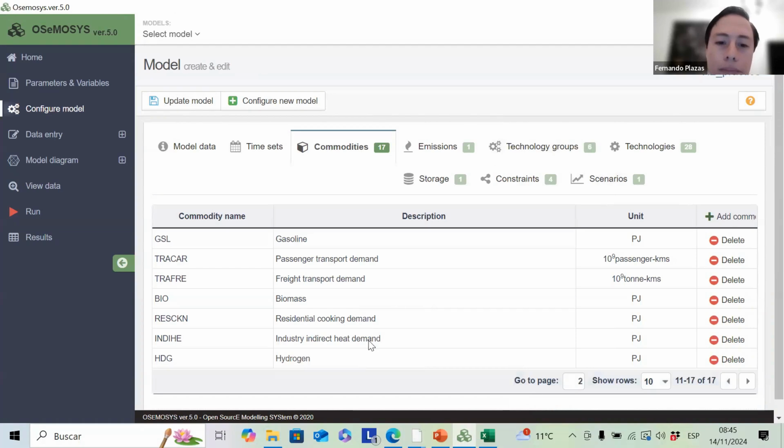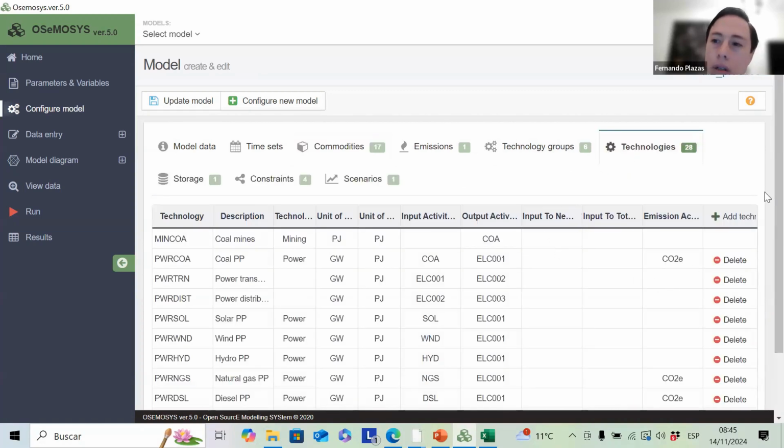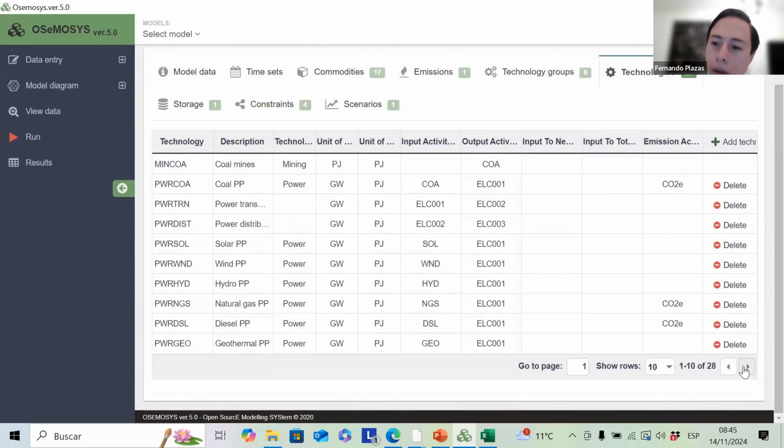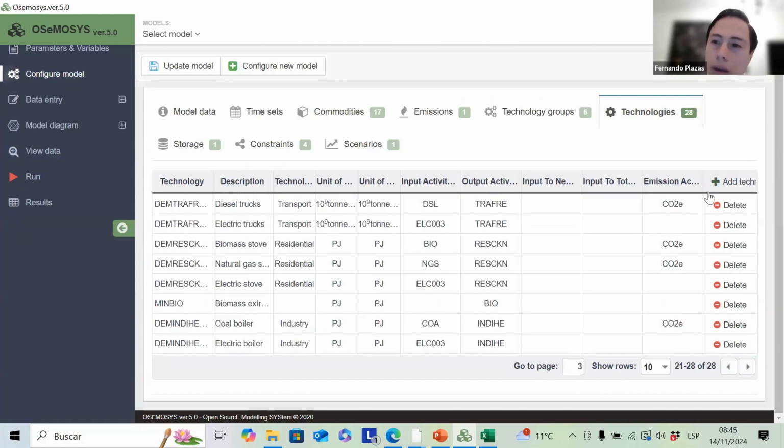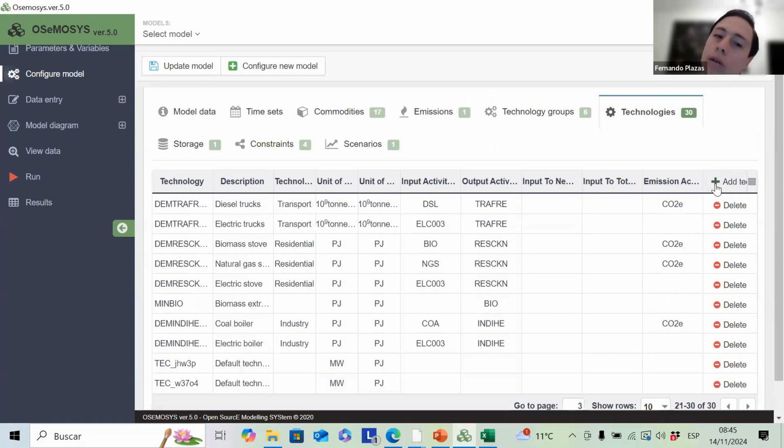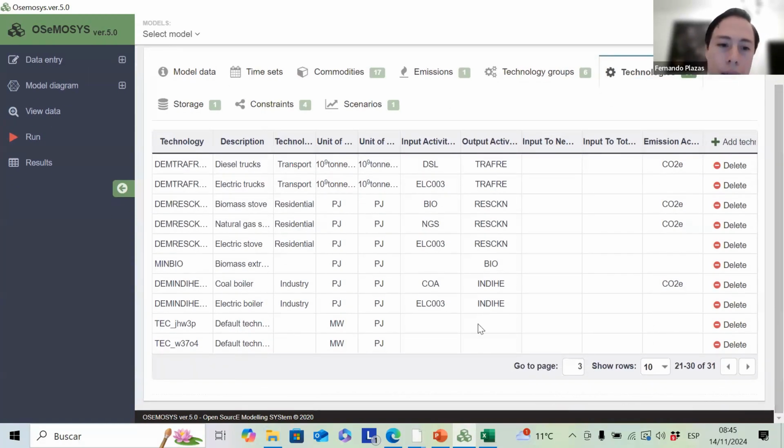That would be the one, right? Once we have the commodity, we can go and create the different technologies. Here, you can go here, and then we will create three technologies: one for the electrolyzer, one for the hydrogen truck, and one for the hydrogen boiler. Okay, so here, let's create UPS ELE, that would be our ALK electrolyzer,